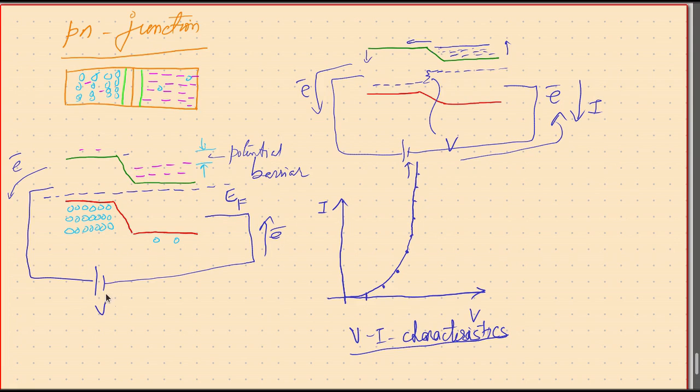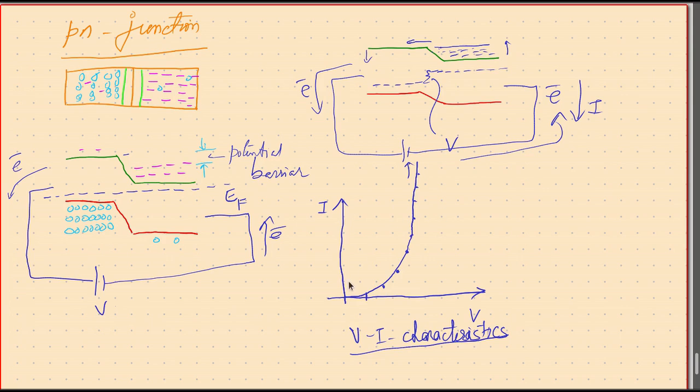Less water is flowing, and the more the pump capacity, the faster the flow, and the more water, more flow, faster flow. So these are analogies we can use for justifying why the VI characteristics of a PN